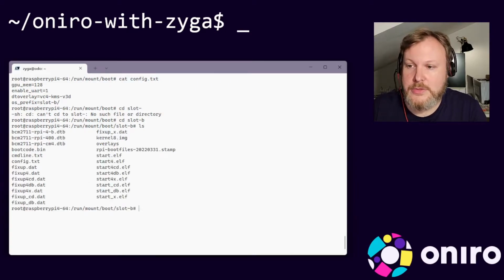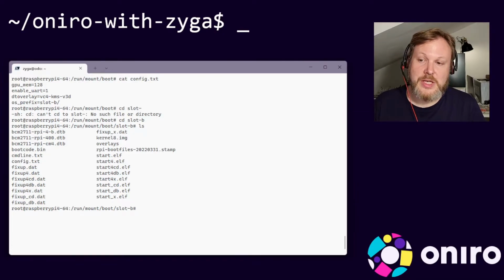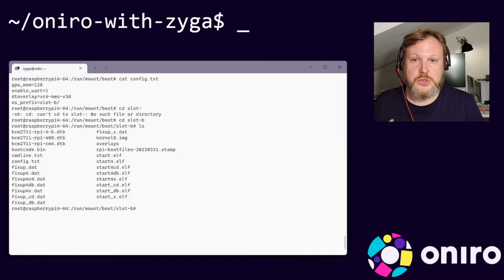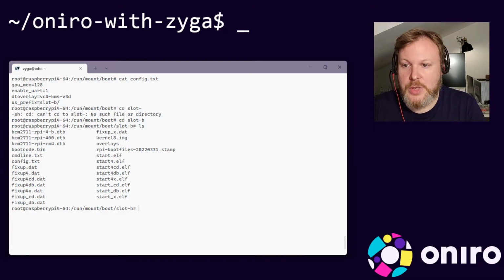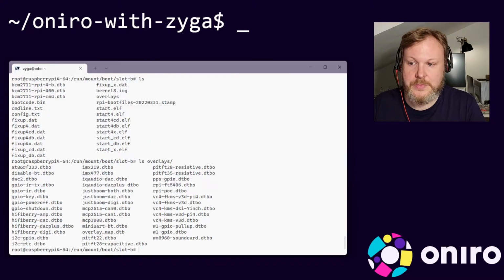And again, you can see a lot of the same files. We have a command line file. We have a config file, which is in this case not used, but it's the one that was used as a template for the actual ones we have booted from. We have the same start elf files, we have fixup files, and we have a kernel image. We also have the overlays directory, so any kind of overlays you have in your kernel will be loaded from